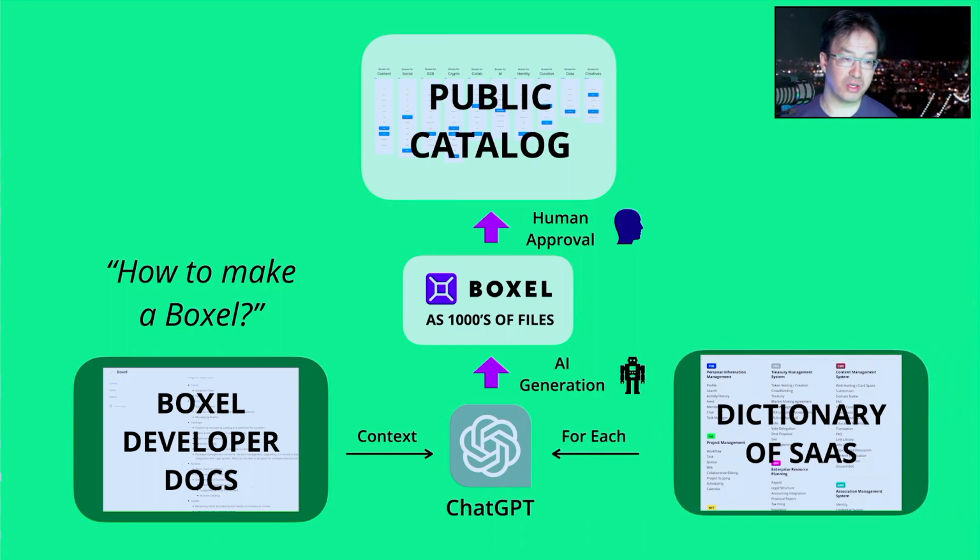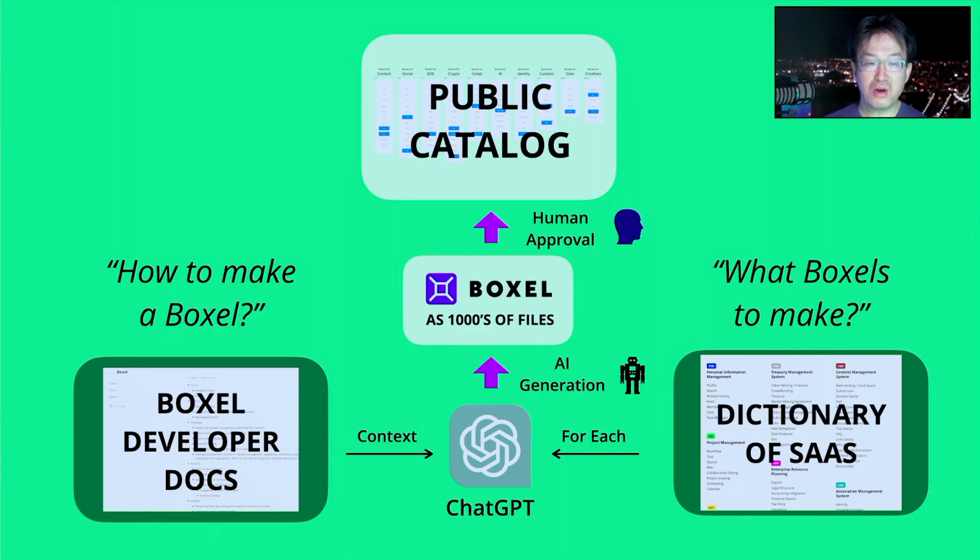So what you want to do is to say, okay, now that you know how to generate Boxels in this particular way, here are the Boxels I want you to make. So you go to a dictionary of SaaS. I want to make the elements of a content management system. So I want a domain name. I want the idea of a blog post. I want the idea of a photo upload tool, a cropping tool. They can make that. People have demonstrated that GPT knows how to use JavaScript libraries to create cropping tools because that existed already in the open source idea and things that have been seen in a while. So it knows how to write that code.